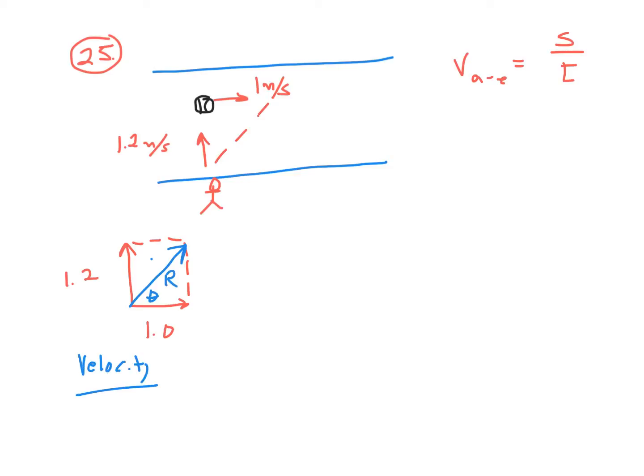The displacement vector diagram will have the same angles. Bottom line is, the person will be carried downstream a certain distance. We don't know what it is yet, but we do know that to get to the ball, the person has to go 50 meters, I believe. That's how far out the ball is sideways. So the displacement vector diagram, 50 meters there,